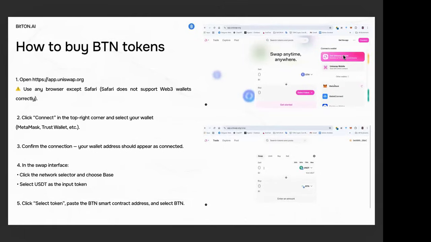It means if you have a wallet that works with standards ERC20 or BEP20, normally they are accepted automatically. But the most popular are MetaMask and Trust Wallet. Then you need to confirm the connection. Your wallet address should appear as connected. After that,